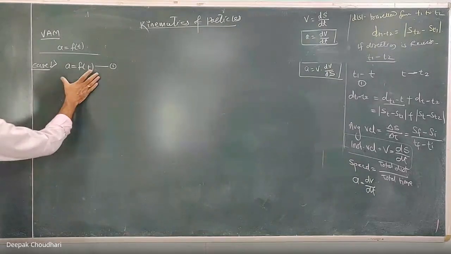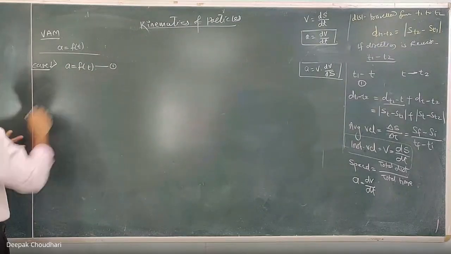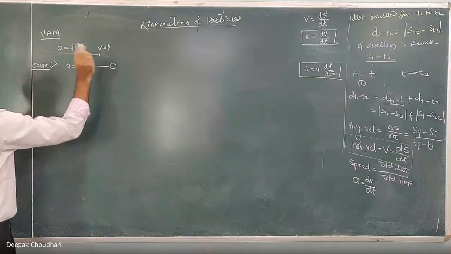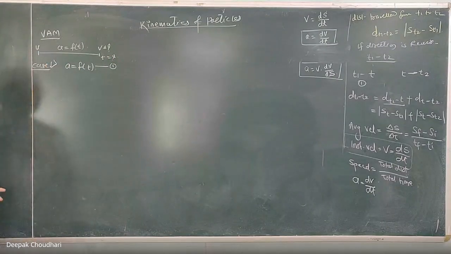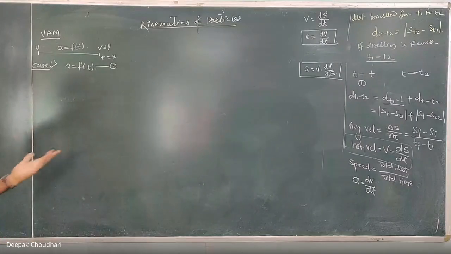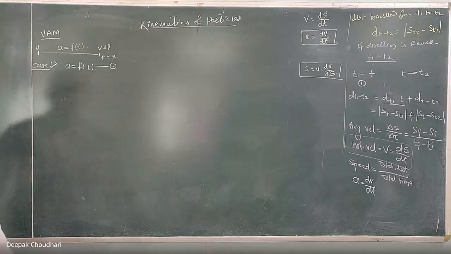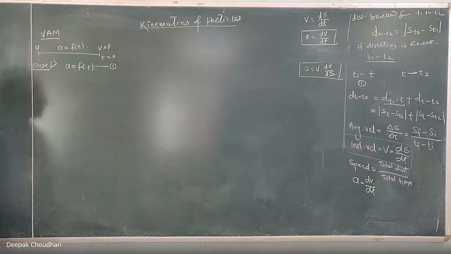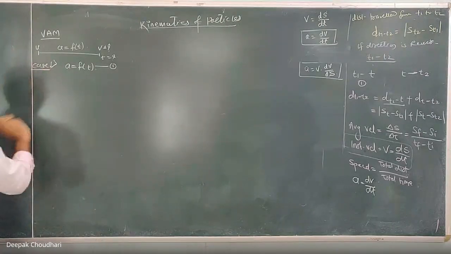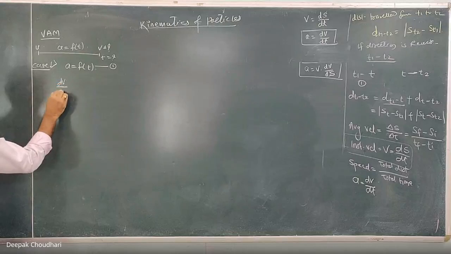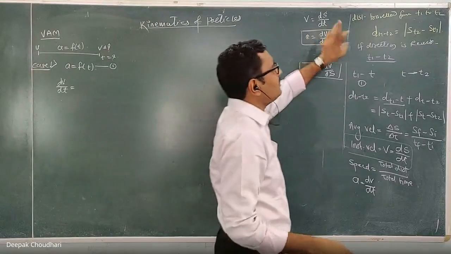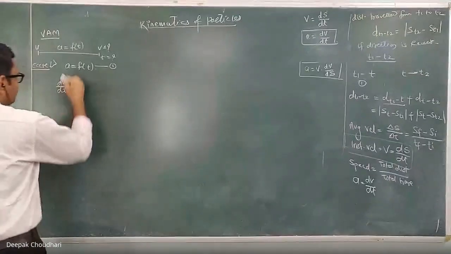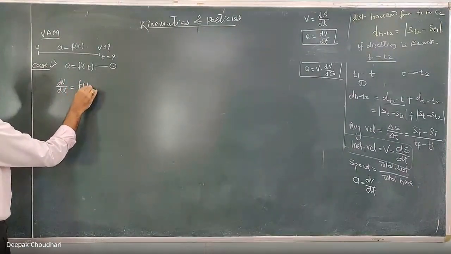Now from this one I am explaining you how we can write down the equation of velocity and displacement at any time t. Let the initial velocity be u. You cannot use v equal to u plus at here because that formula is for uniform acceleration motion. Now how to write down the equation of velocity? Since we have to write down the equation of velocity, let's replace this a by dv by dt, which is equal to f of t.